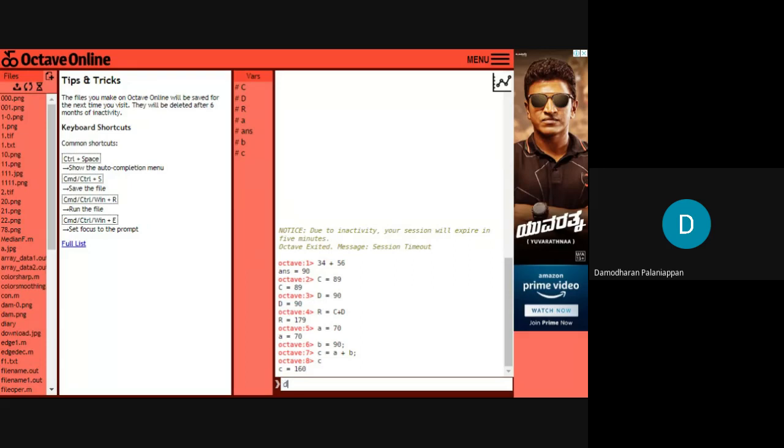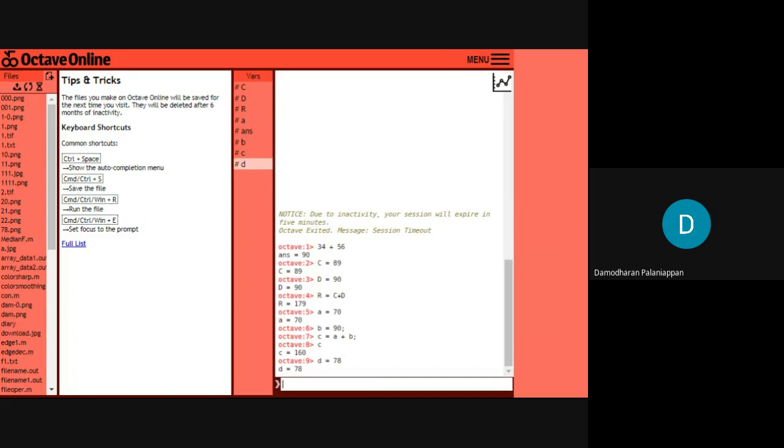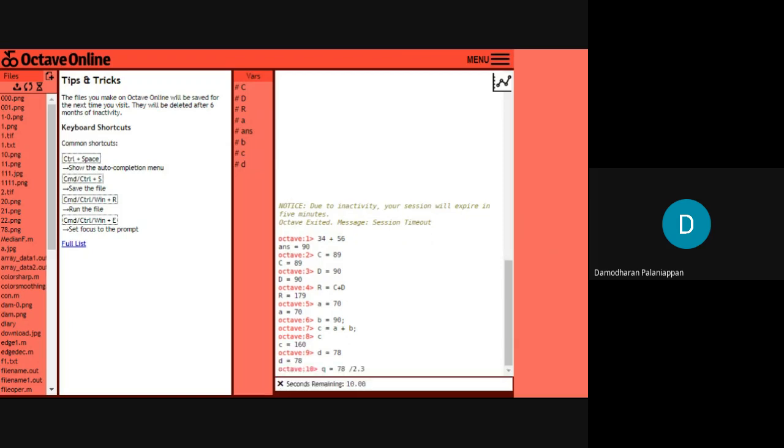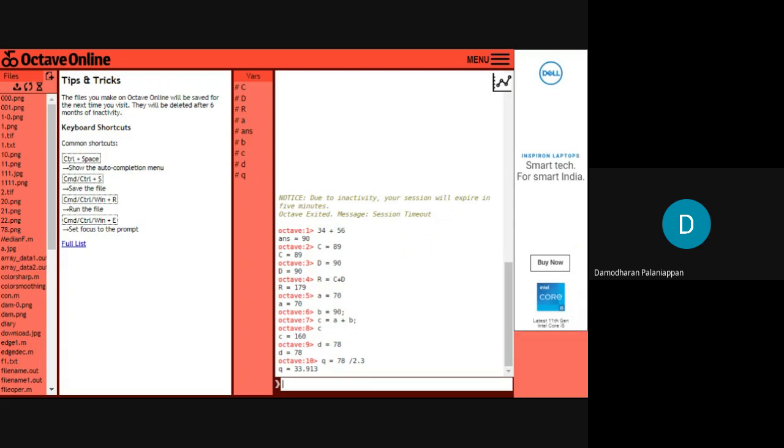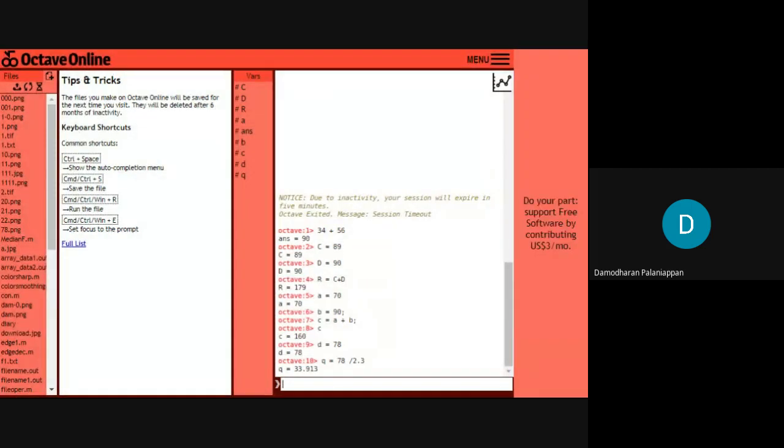For example, B is equal to 78, Q is equal to 78 divided by 2.3. We can see that 78 is an integer value, and dividing by 2.3, a floating number, the result will be stored as a floating point, that is Q is equal to 33.913. Okay, up to this I'm stopping now.